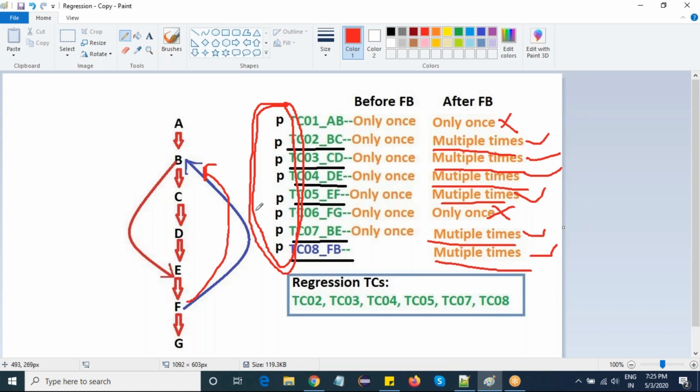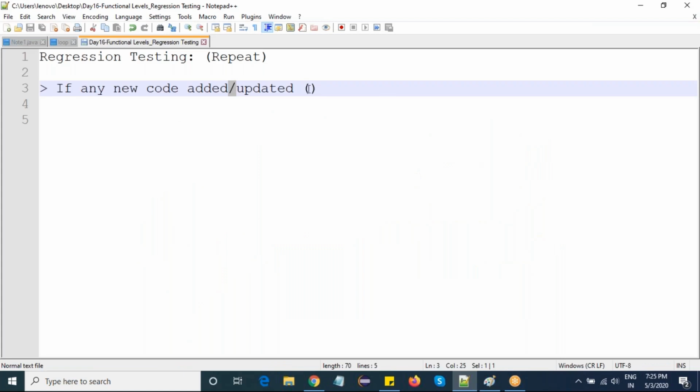Or else, if I find any defect in the application, the developer has to change the code. So under two conditions the code can be changed. Whenever I find a defect, the developer has to change the code and make sure the application works. And the second one is whenever a new requirement is added. So I will write these two conditions.